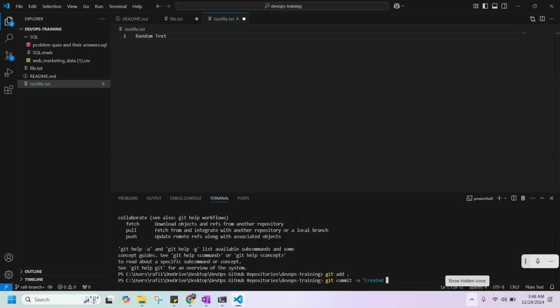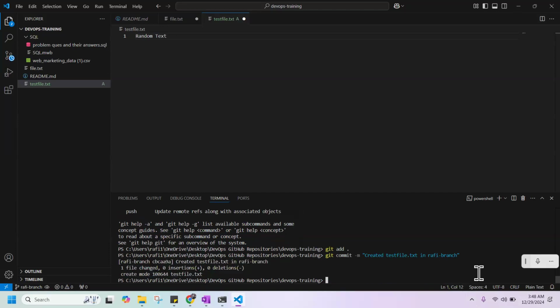Created text file test file dot txt in Rafi branch. Double quotation closed and press enter. Now your changes are saved.